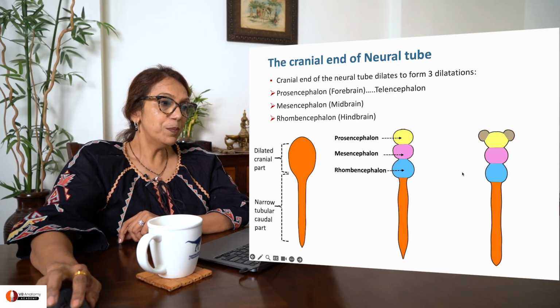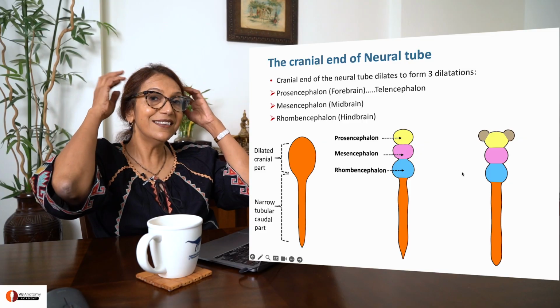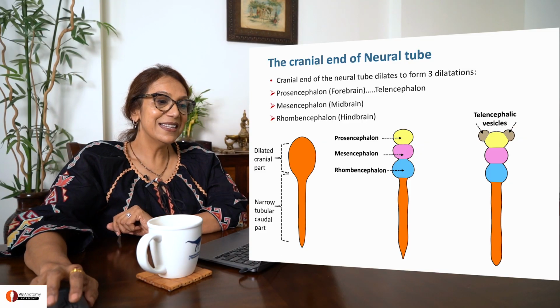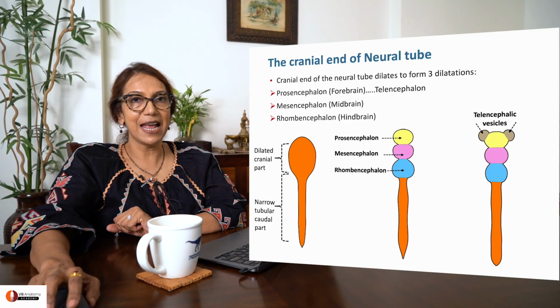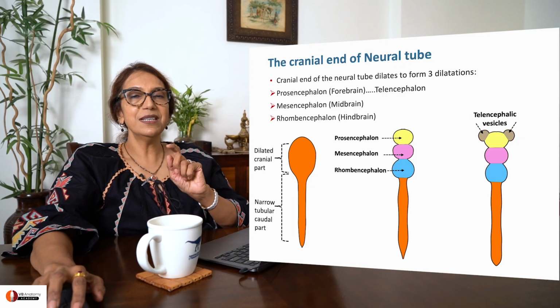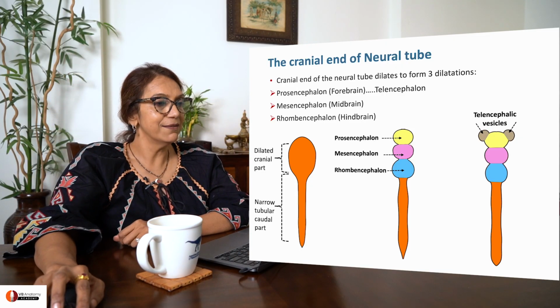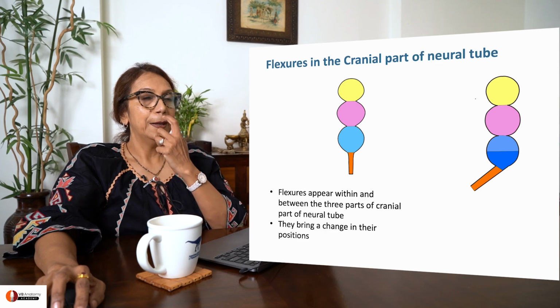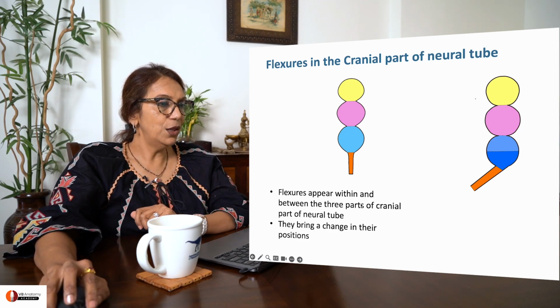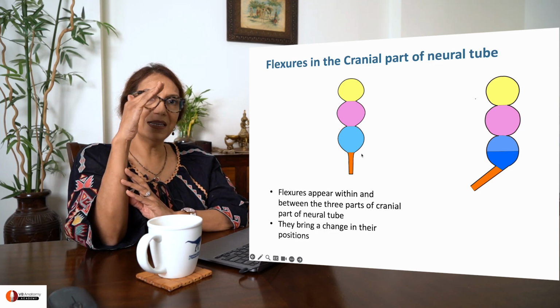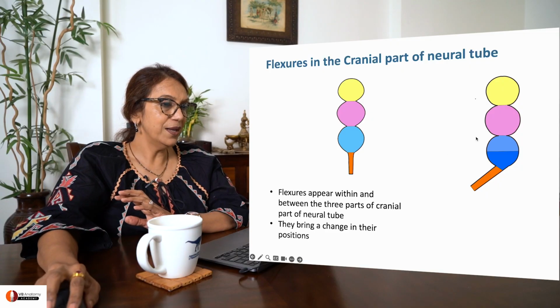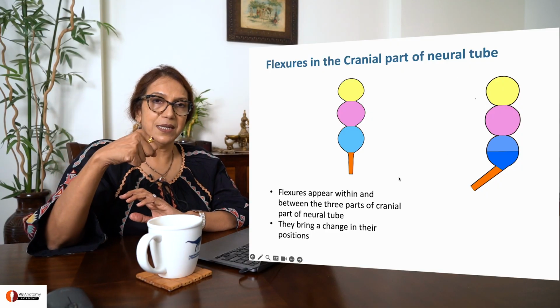Right. Now the prosencephalon gives rise to two little ears. You can see them. These are called telencephalic vesicles. So prosencephalon is now giving rise to two projections called telencephalic vesicles. Now, from a single long tube, you are seeing that it has started to bend. Which means the next part.